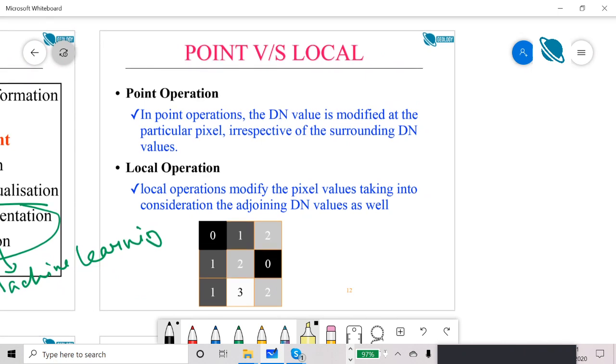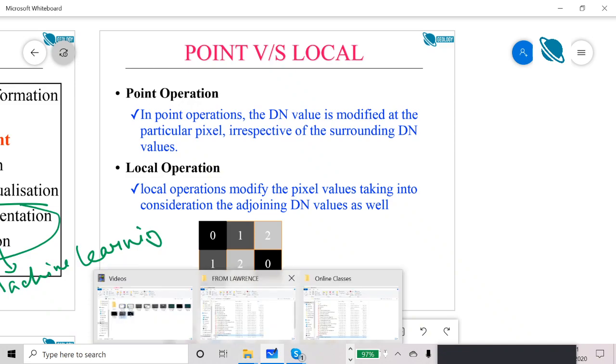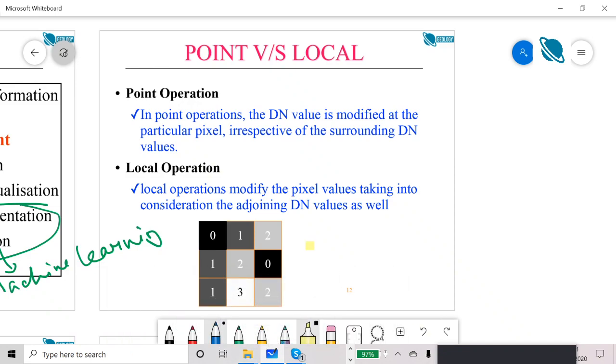Now, the first thing you have to study in digital image processing is point operations and local operations. A point operation is something like this. Let's say I think this value 3 should not be there. There is some problem with it, because here I'm seeing certain values and 3 is suddenly too bright. So if the input digital value is modified at a particular pixel, I change this value, let's say I make it 0. I say there is some error here, it should not be 3, it should be 0. Then that is a point operation.